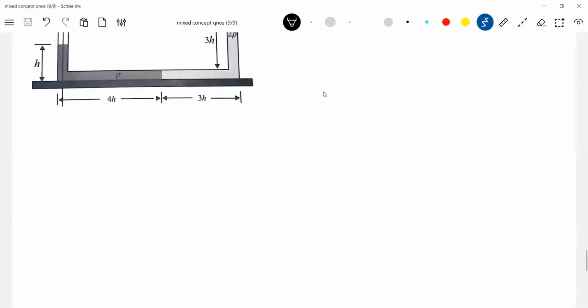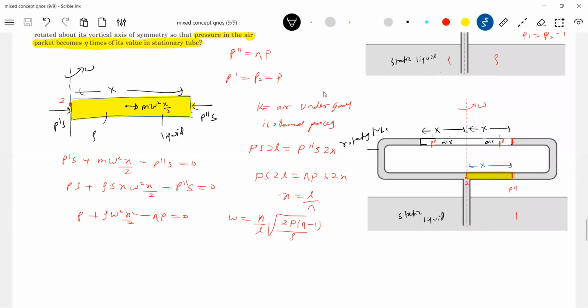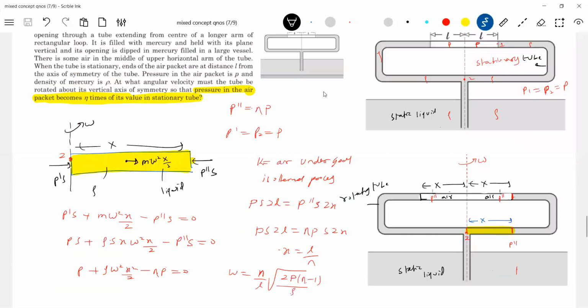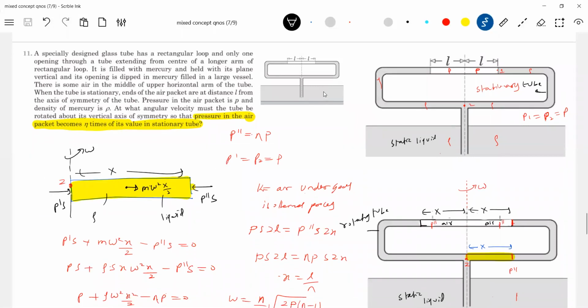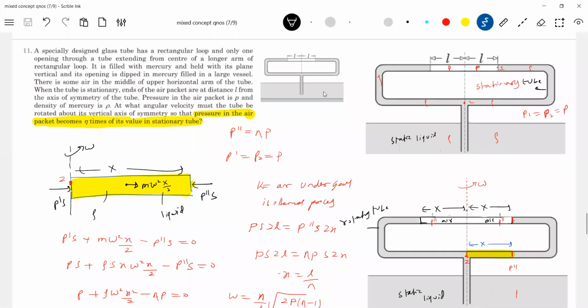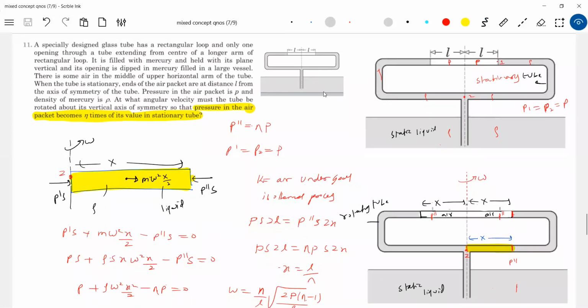Sir, why will the pressures be equal in the previous problem? How come pressure equal? What do you mean by that? In the two tubes, sir. Sir, the P double dash and P double dash in the below tube, sir, why are they equal? Oh, the manometric equation. P double dash here, what happens?